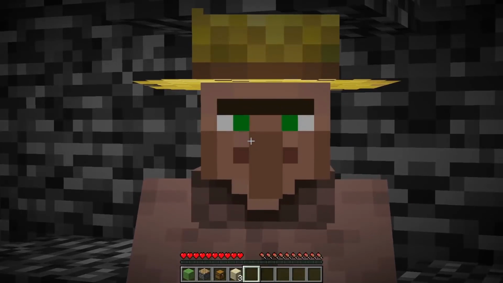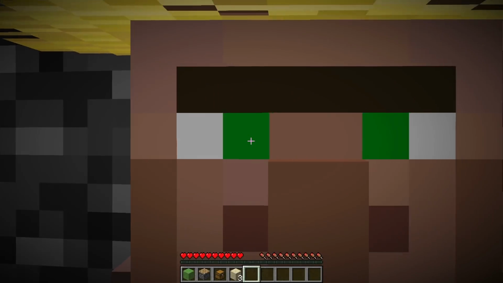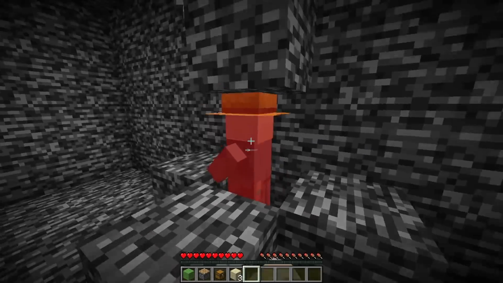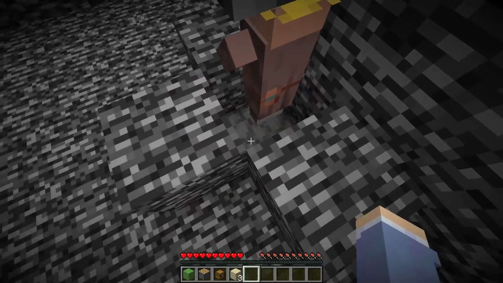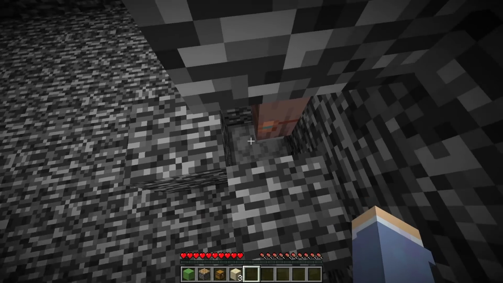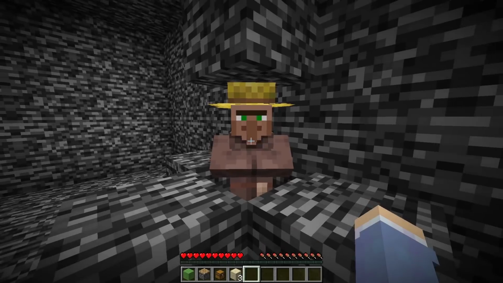And then I saw the villager, and he was looking at me like he was hiding something. So I started punching him because it made me feel good. But as I was hitting him, I realized that he was standing on something. He was standing on a furnace. And I had 2 options: to let him live or...